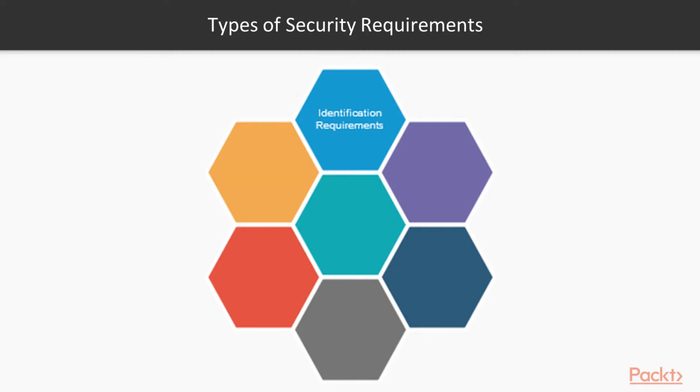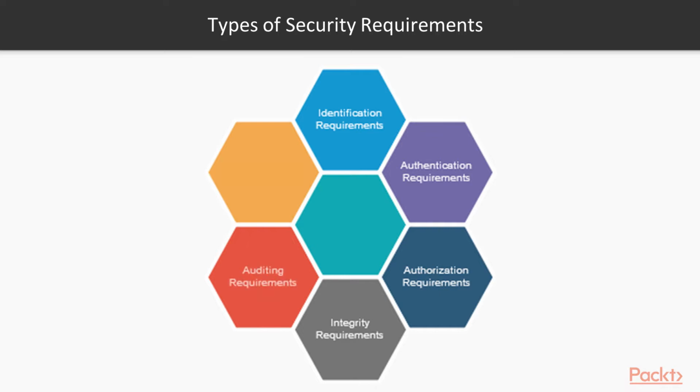Identity requirements facilitate the right users to access the right resources at the right times and for the right reasons. Authentication requirements address the need to validate user credentials before providing access. Authorization requirements cover the scope of a user's access. Integrity requirements ensure that data meets a given expectation of quality and has not been exposed to accidental or malicious